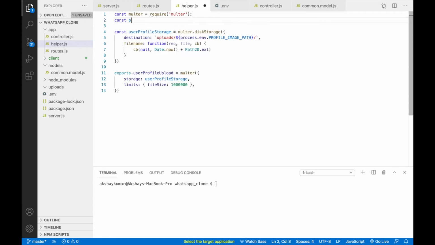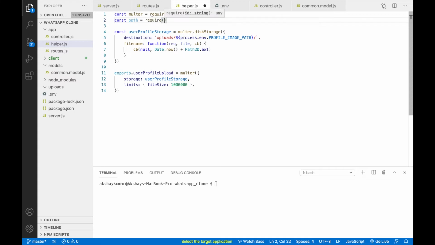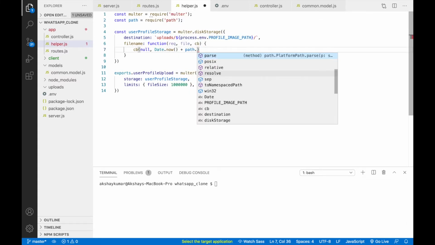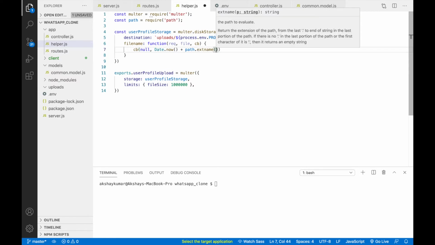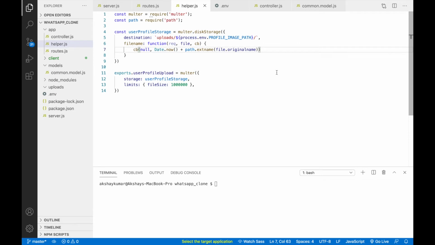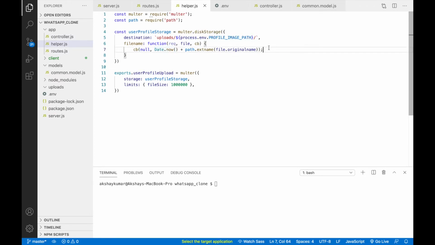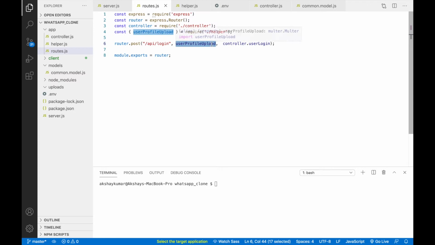So const path equals require path. Now path.extname, we can write file.originalname, right? So this will rename the uploaded file with the current timestamp and concatenate the original file name extension. Okay, so this method is done and we already passed it here, right?